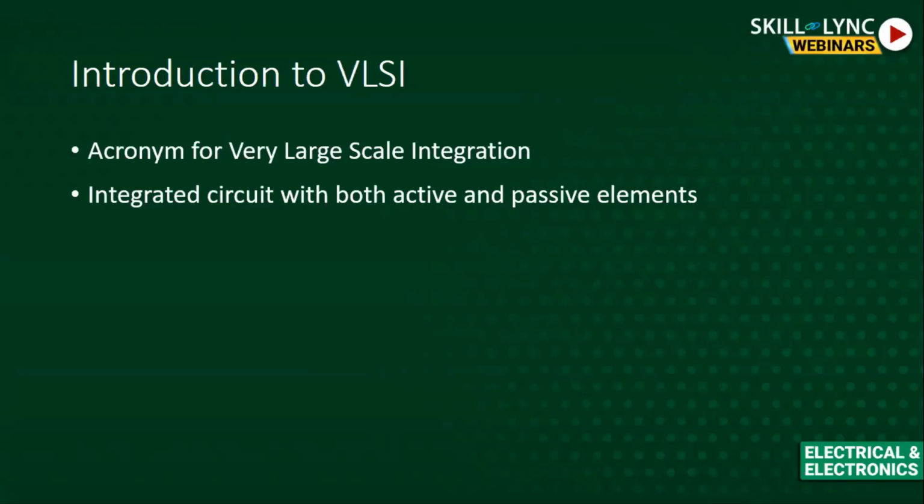But at the same time, whatever you're using in your mobiles or laptops, the processors, we can also call integrated circuits. We have some difference between those two things, which I will explain. But before that, an integrated circuit will have both active and passive elements. Active elements are the bipolar junction transistor, CMOS, or any other transistors which we have. Passive elements are diodes, capacitors, and resistors. All these together make an integrated circuit.